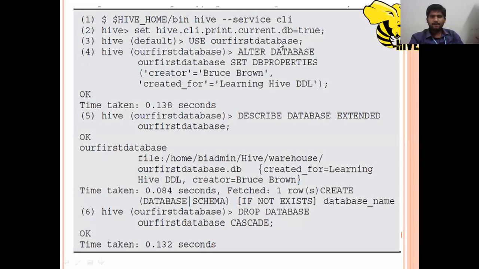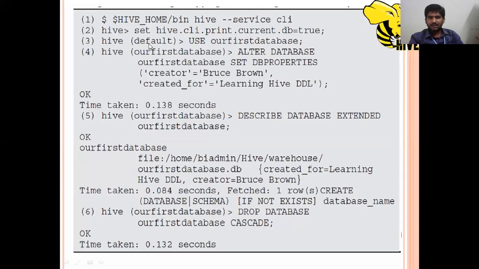Then there is the alter database command. We already saw that the first underscore table is there, so we already created this first database table.